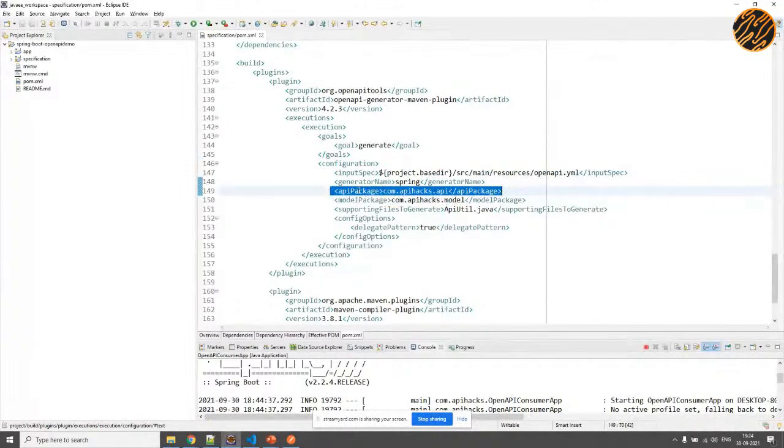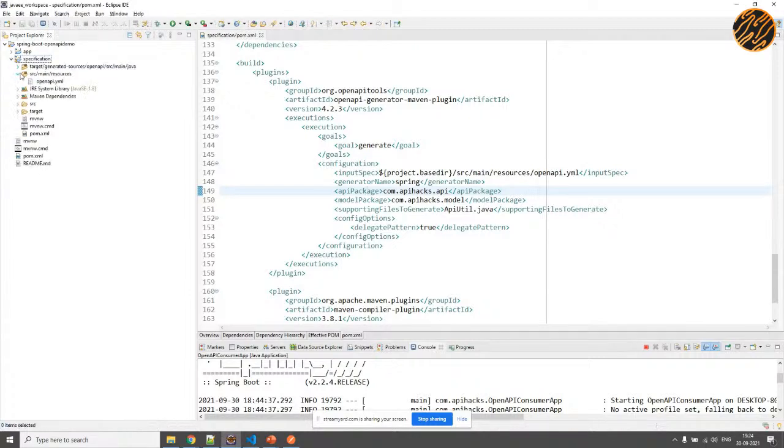In this case, there will be two packages. One is the API package and one is the model. The model will represent the model of the response. In this case, the picture was an object that I would require as a part of my response. All these will be created inside this package, and there will be a package for APIs which will hold the controller and the corresponding classes for that.